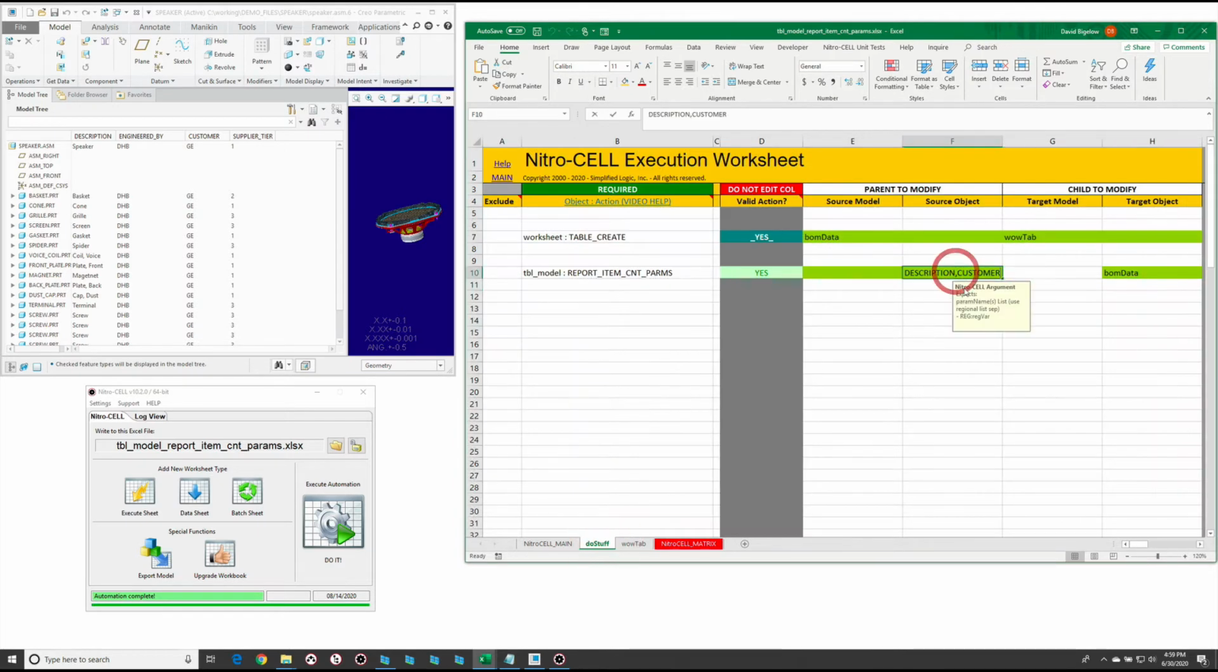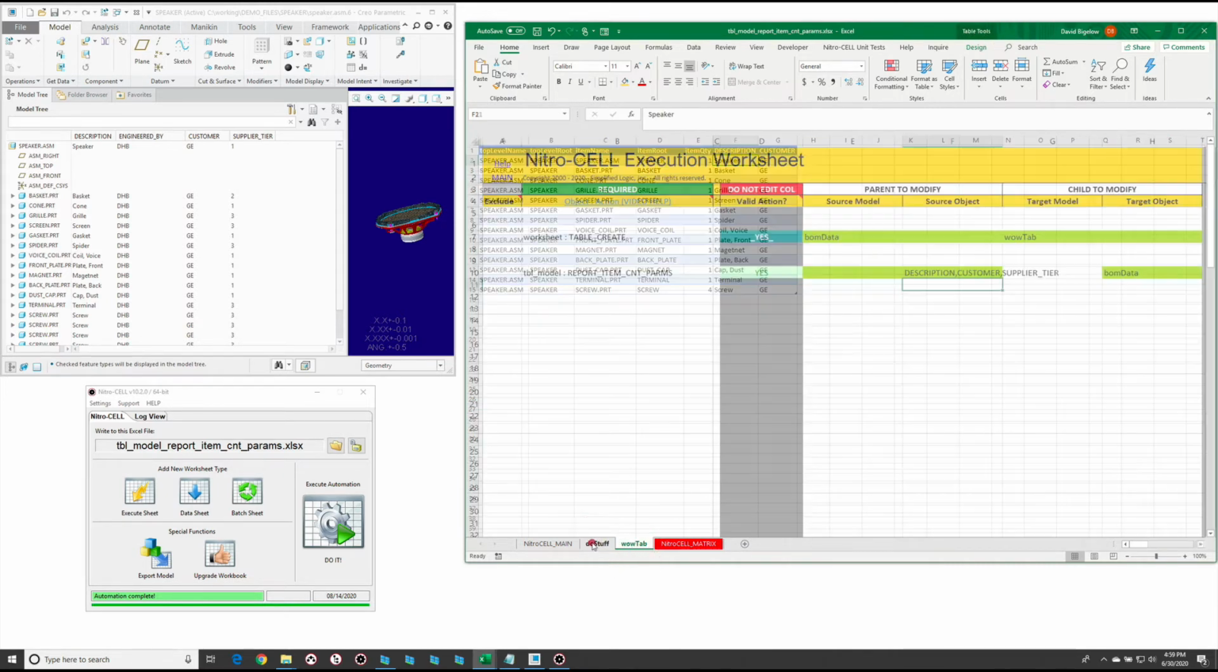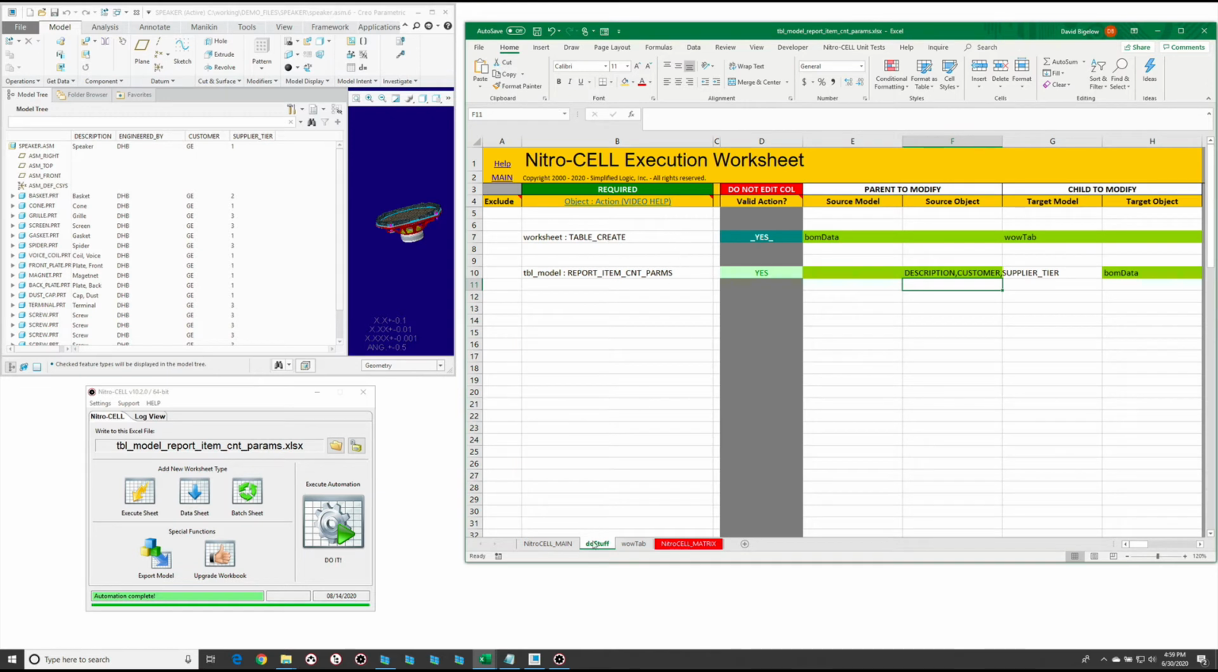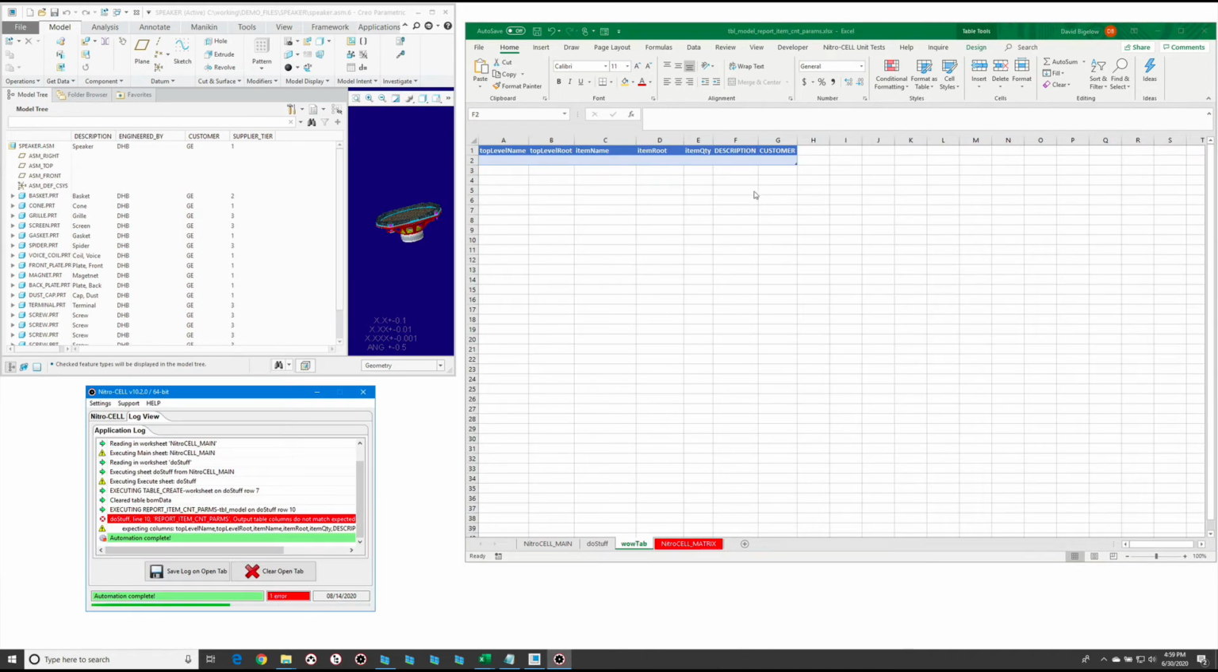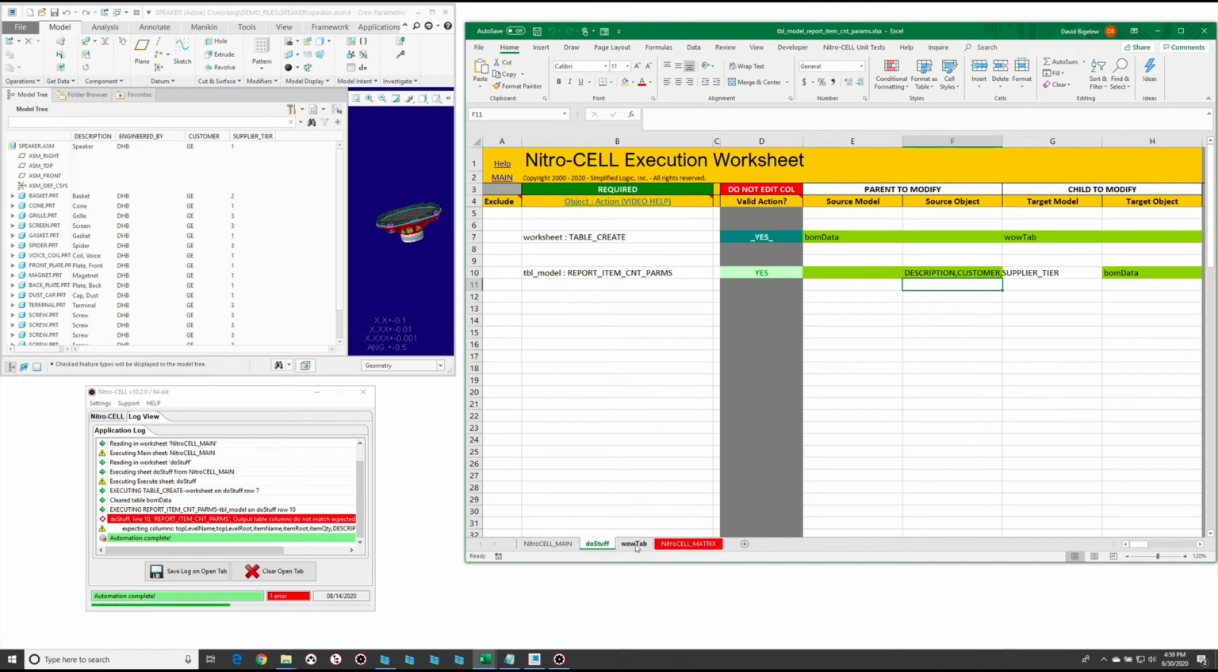Now, the thing about this that you've got to be aware of is that if you come in and say supplier tier, and you just say, okay, I'm going to add that. Well, the table's already created, and the table already exists at this point. So this table create function is going to clear that table, and then it's going to try to write the data according to the requirements of the function and also what you've specified here. So when we run this, it's going to error because we don't really have a supplier tier column predefined in